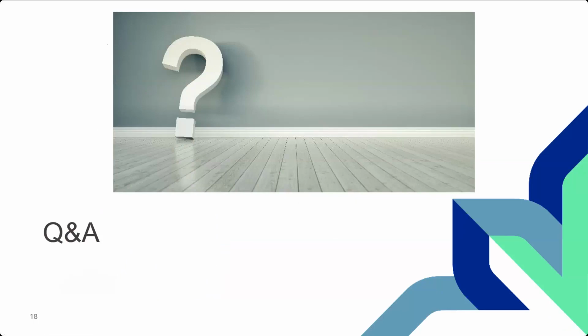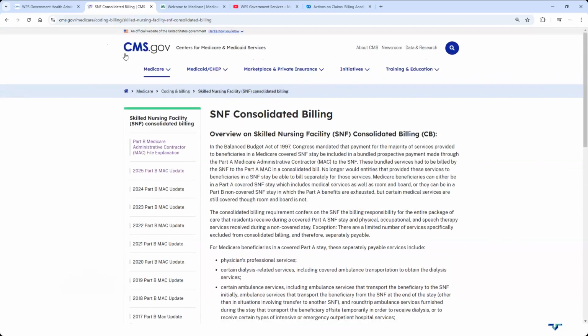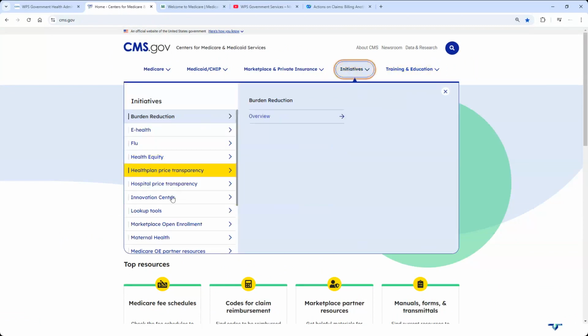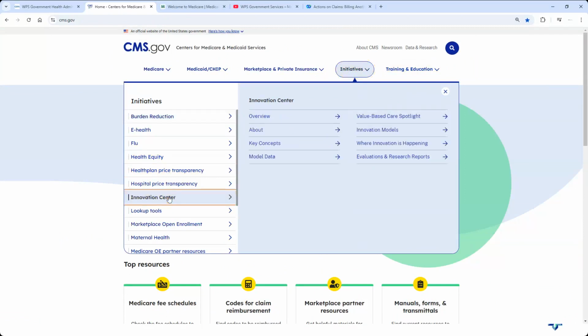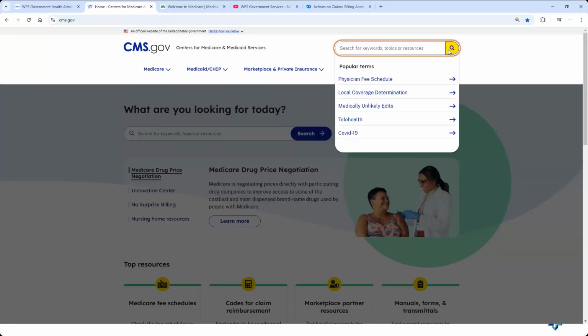Again, on this particular section, if you say, hey, is there one CMS website area that lists the demonstration projects? The answer is no, there's not. The initiatives can be something, you'll find some of them here, just depending on what type it is, and under innovation centers. So it just really depends, some different innovation models. So it could be here. A data model is another one that can be here. It just depends on what you're looking for. The easiest way that I think to find these is to look at this one and to kind of look around a little bit. Here is the one that I was talking about with ambulance.